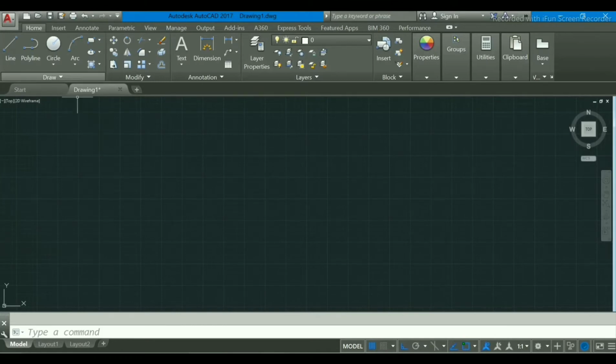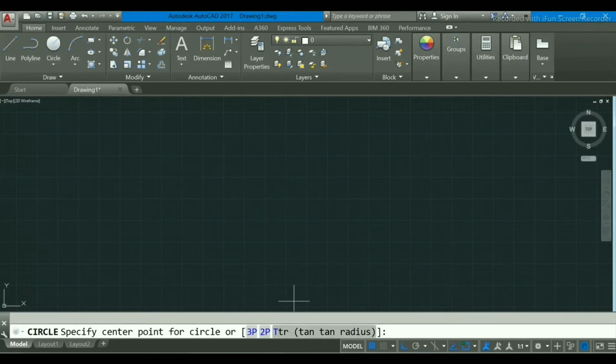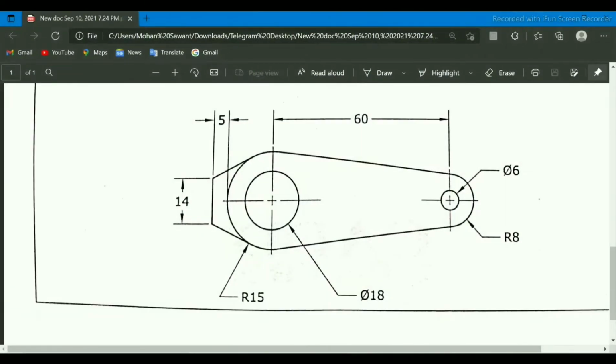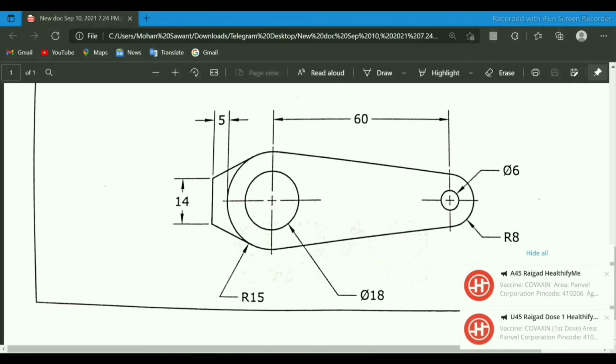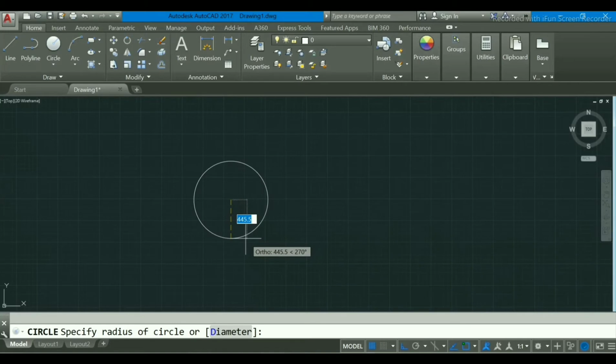Now I will make two circles. Press C, enter. Our first circle will be 18 mm diameter and the second radius 15 mm, or you can make the first circle radius 15 mm and diameter 18. So I will make it now. Select anywhere.